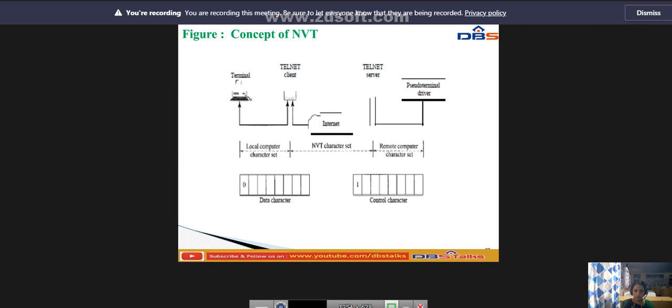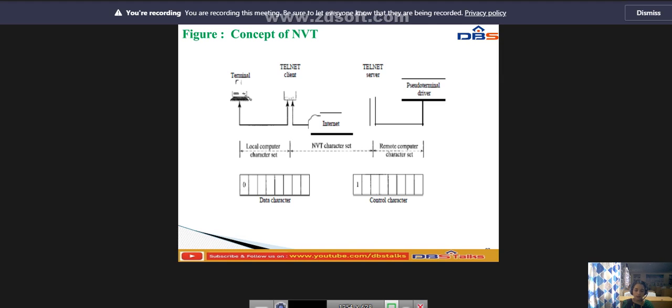Now we are going to discuss this NVT. Here I have a terminal, a telnet client and a telnet server. At the end of the telnet server, I have the pseudo terminal driver.